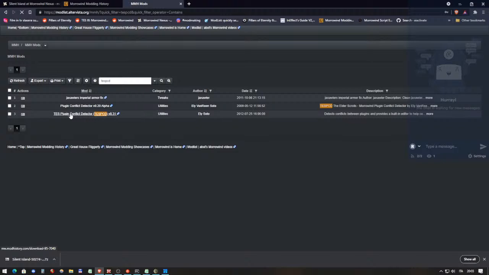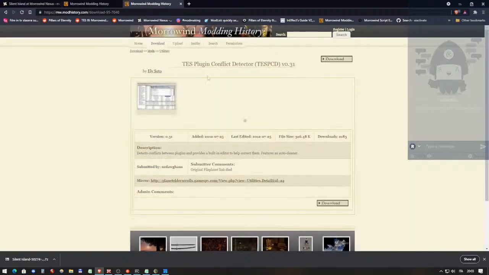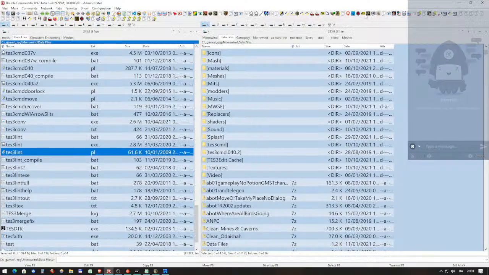So you click here and you go directly to the download on the Modding History site. Hopefully this will work. So download it, install it, and use it. And when you use it, you start it. Where is it? Here it is. So I will start it,